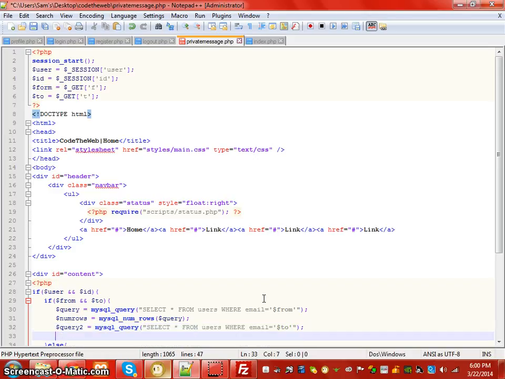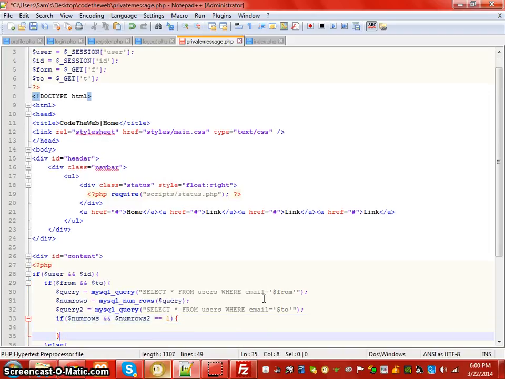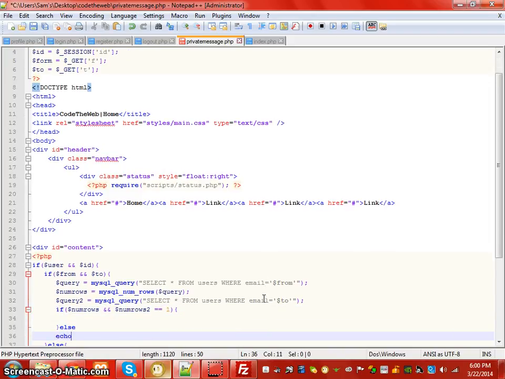Next we need to say if $num_rows and $num_rows2 equal 1, which means they're correct. Else we're going to echo you cannot